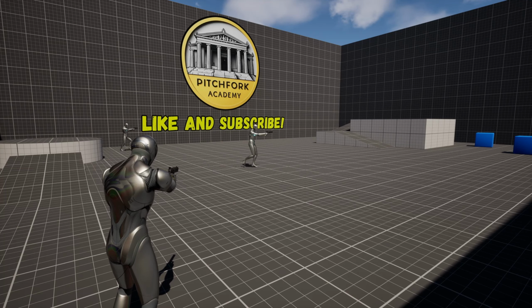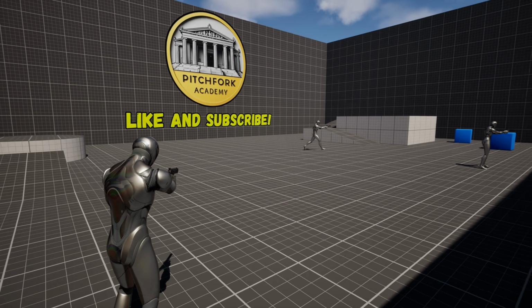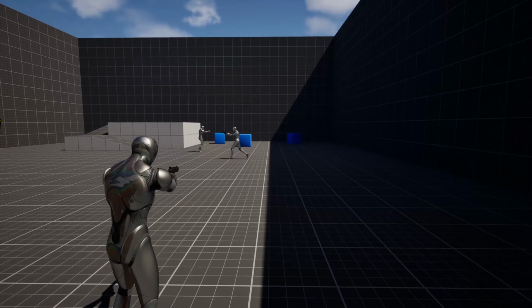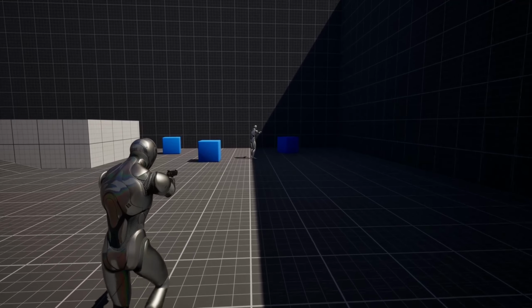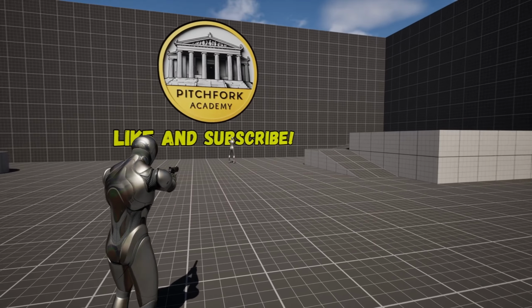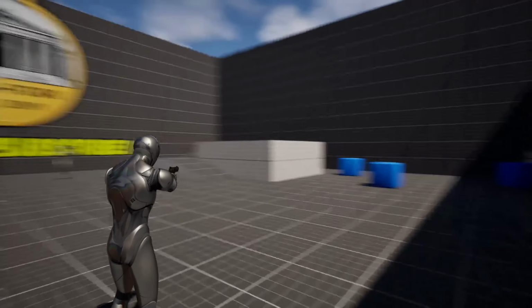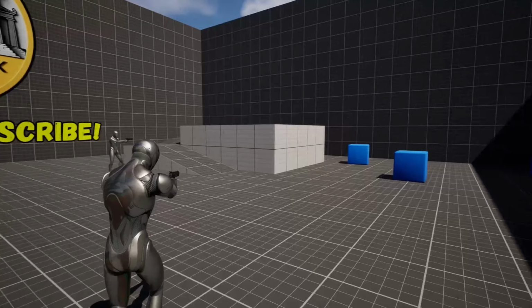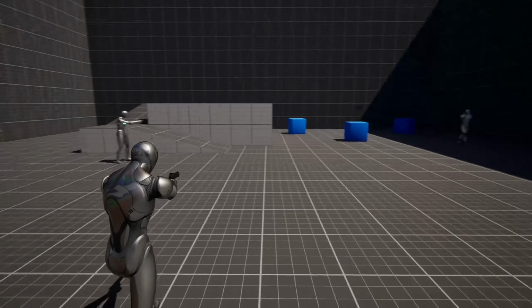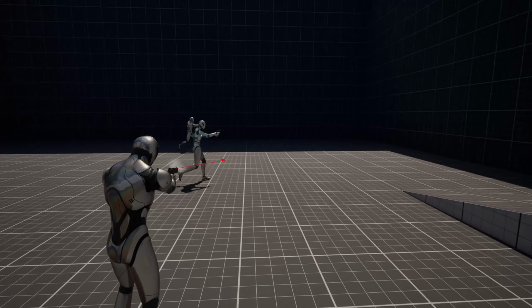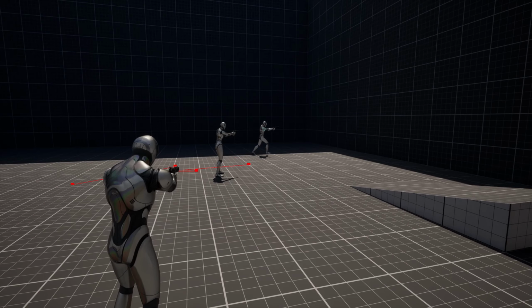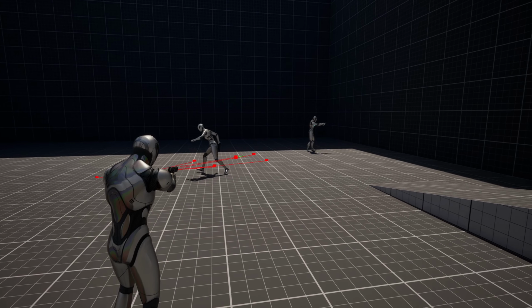What's up guys, MizzoFrizzo from Pitchfork Academy here, and in this Unreal Engine 5 tutorial I'm going to be showing you how to use gameplay tags as well as my limb damage system in order to change the movement mode of a character class. So as you can see here, I've got these two AIs wandering around the map, and if I shoot one in the leg, if I can actually hit them, it is going to change their movement